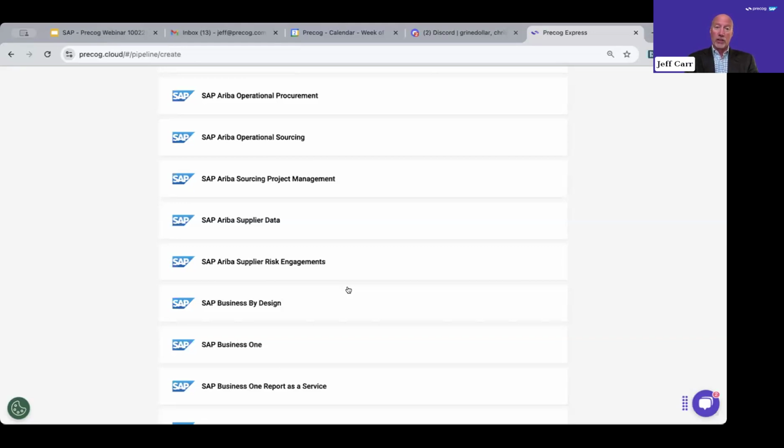In some cases, loading millions of rows a day. The Precog architecture is cloud-based. It's all Kubernetes-based. It auto-scales both vertically and horizontally. And can load, in some cases, terabytes an hour. So we've not run into any issues with scaling the platform to meet the needs of the largest customers.